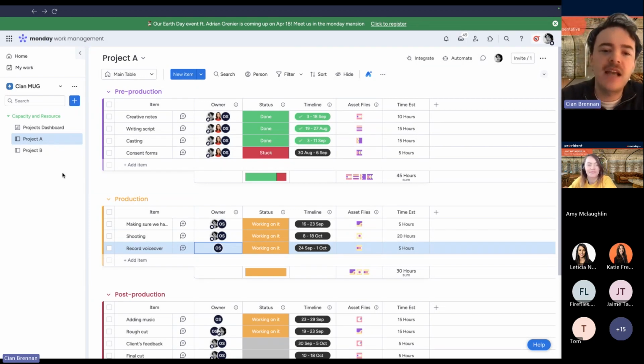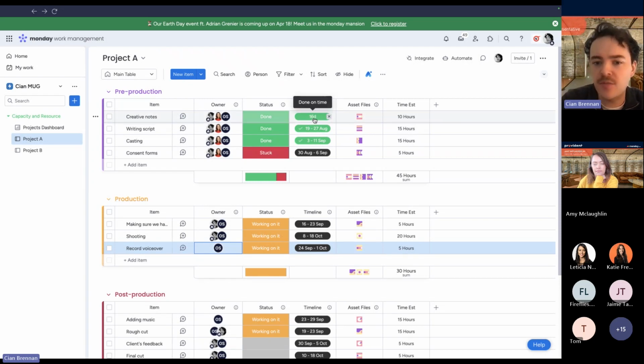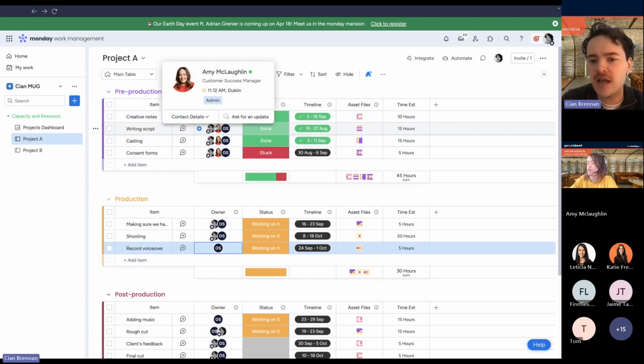And I know, obviously, if we want to manage the team's capacity effectively, we'll need to add a few columns in these boards. So some key columns to add are the people column, so we can assign tasks to team members. We should add a timeline column to keep track of the project. And finally, we will add a numbers column and input the estimated time it will take to complete each task. So these three are key if we want to have a good overview as to how we're going to manage